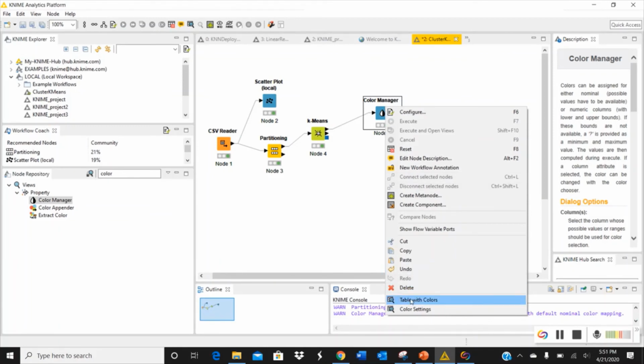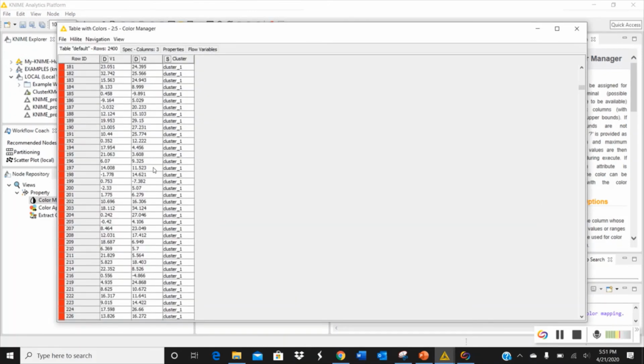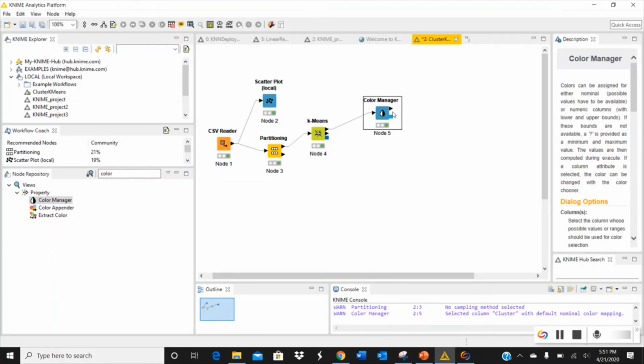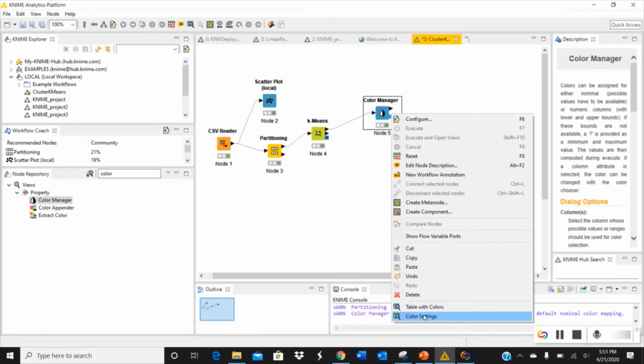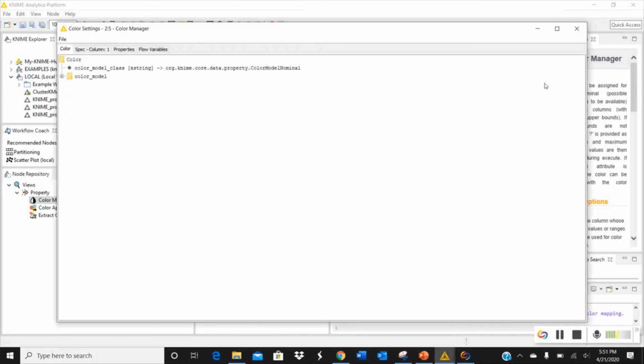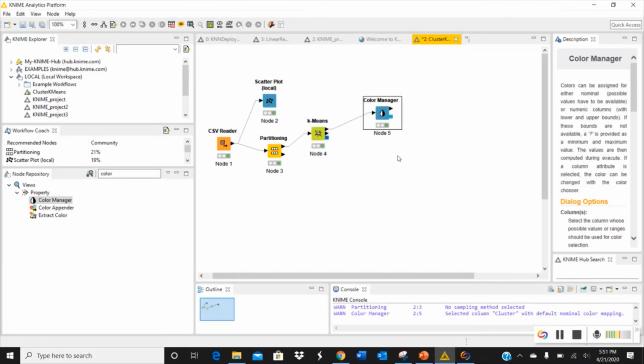And then when I take a look at, well, first of all, you can look at the table with colors, and you can see that all it's done is where it's cluster 1, they have red. Oh, here's a cluster 2 right in the middle, and so that's blue, and so on. But if we want to see it on the color settings, on the actual plot, then we have to drag